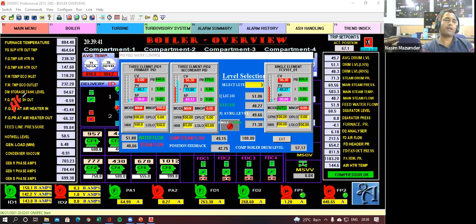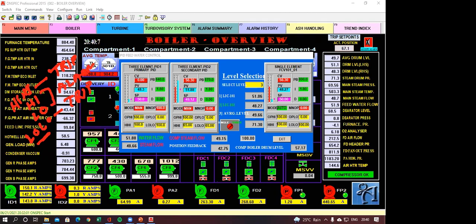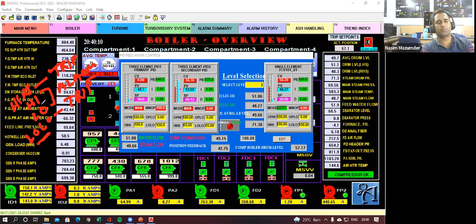Now, what you are saying, high high, this is your trip set point. High is your alarm, high level. Low is your low level alarm, and low low is your low level trip. High high and low low are trip signals, and these two are your alarms. So this is a completely different thing. These 4 set points you are using for alarming and tripping of the equipment.